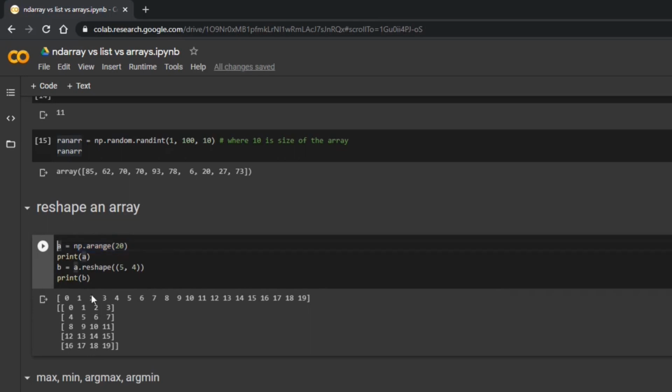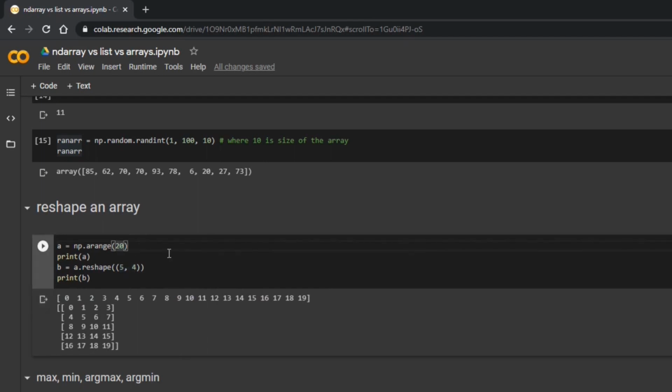So I am generating 20 integers, and then I am reshaping it to 5, 4. That is a two-dimensional array. The first 4 elements become the first row, the second 4 elements become the second row, and the next 4 elements become the third row, and so on.